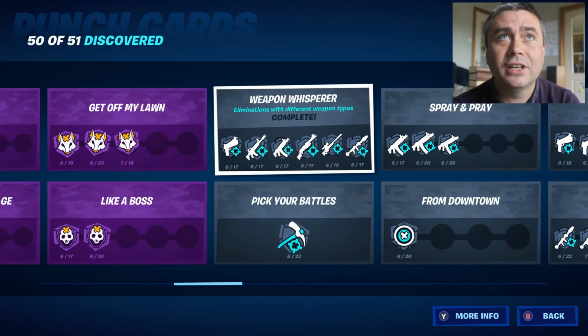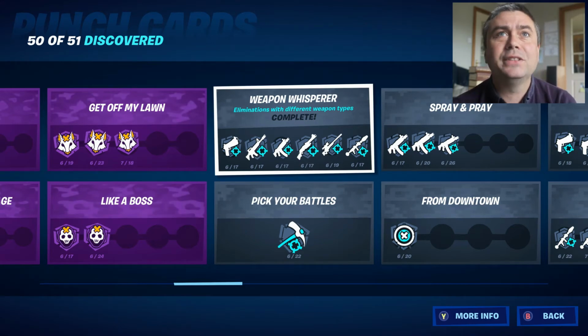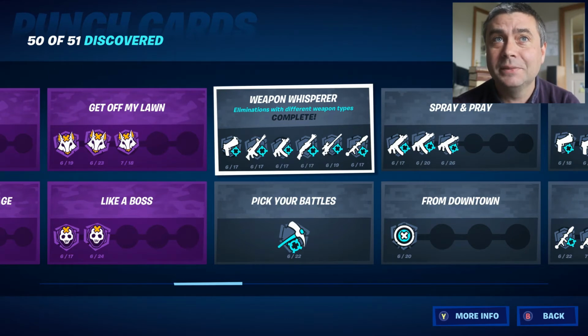Some special ones here, so become a weapon whisperer. You just need to eliminate some with a different type of gun. So what have we got? We've got pistol, AR, SMG, shotgun, sniper and explosive. They're the 6 you need for this, and the one that's not on there is pickaxe, because that's got its